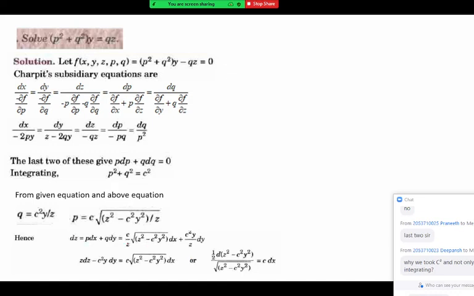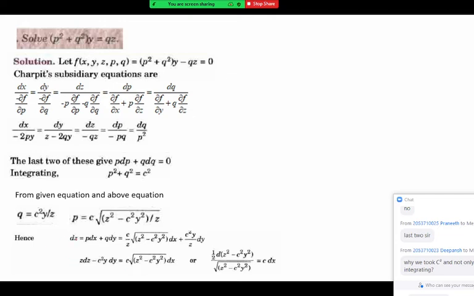But clearly, when you replace this value, you will observe your coefficient of dx contains the terms of z and y. That should not be with x, that should be with y only. Okay, so what can be done? First, we can collect the terms of dz and dy together, so that this term we can divide there, and we can write it in variable separable form.